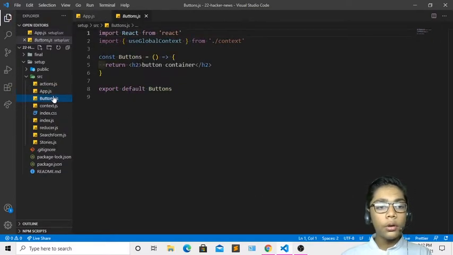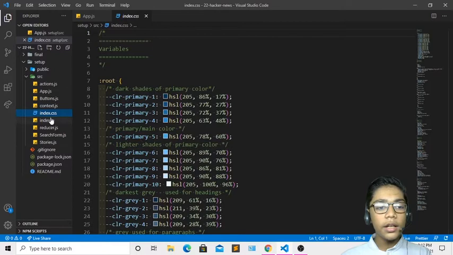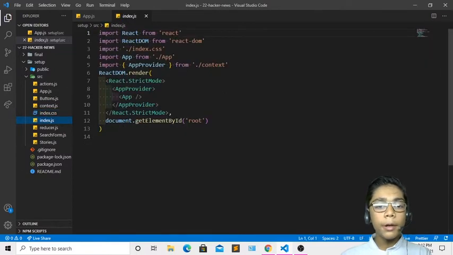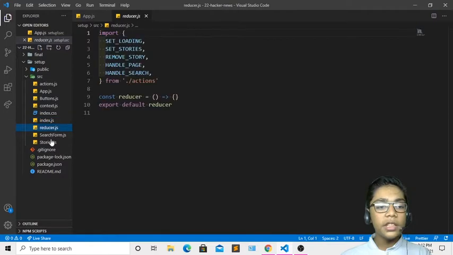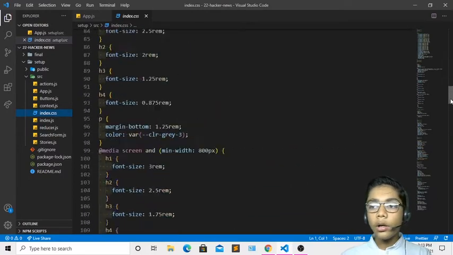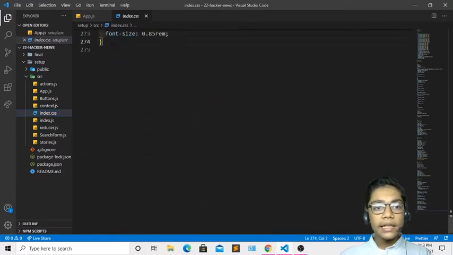So now you have to go to your file which is called index.js. Don't do anything with that, because this is also linked with localhost, and every file which is in your source folder helps you to run your command or app in your localhost. So I'll just go to reducer.js. You can see this file is also coming. So I'll first of all go to index.js. Then I will go to the last, because I have to style my class name which I have just created in my app.js file.